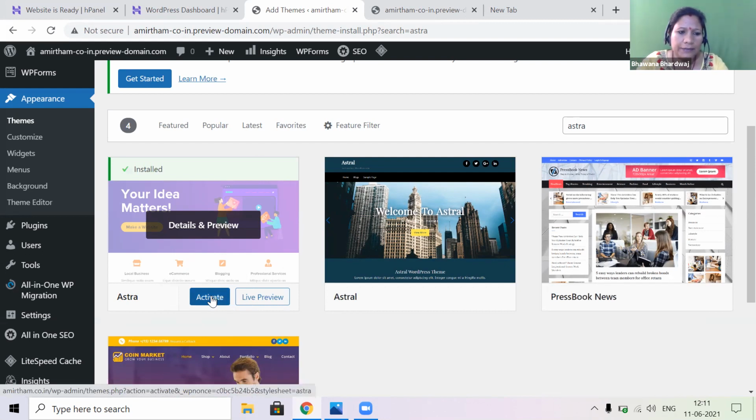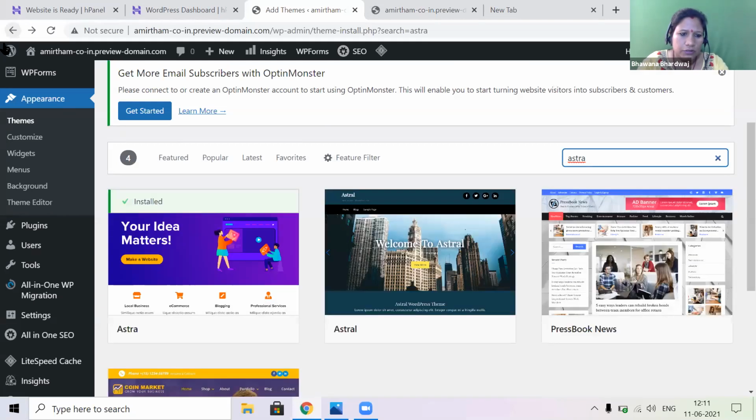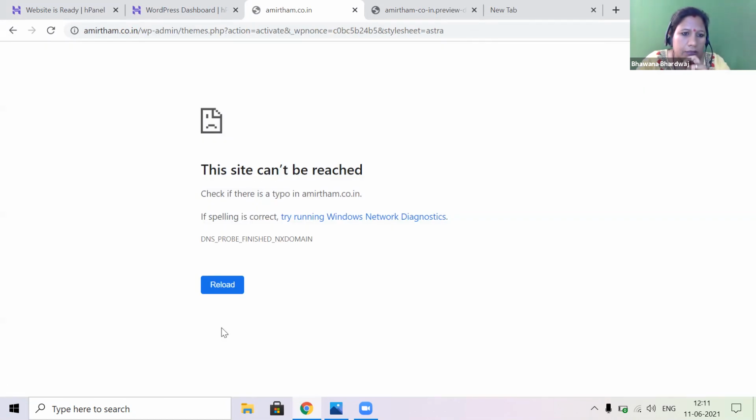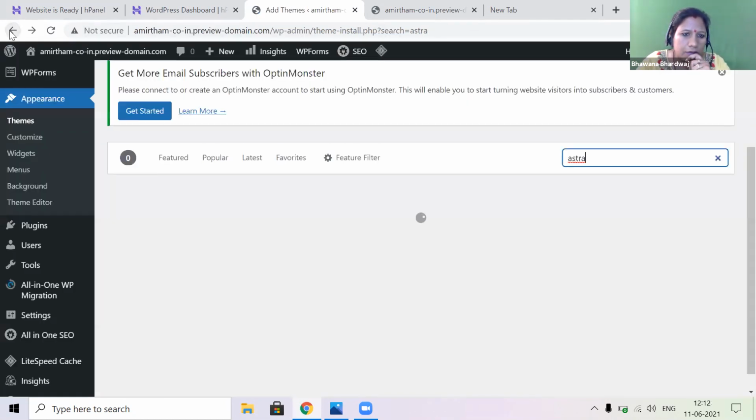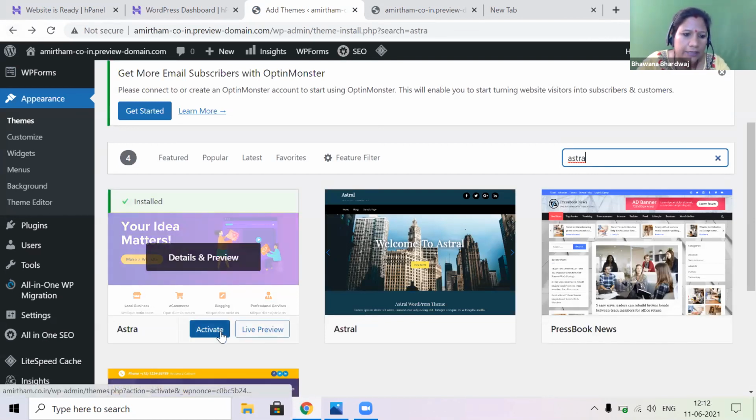You can click on activate, reload. Go back. It's coming due to the internet issue. So it's already installed. You can click on get started. Click on activate.